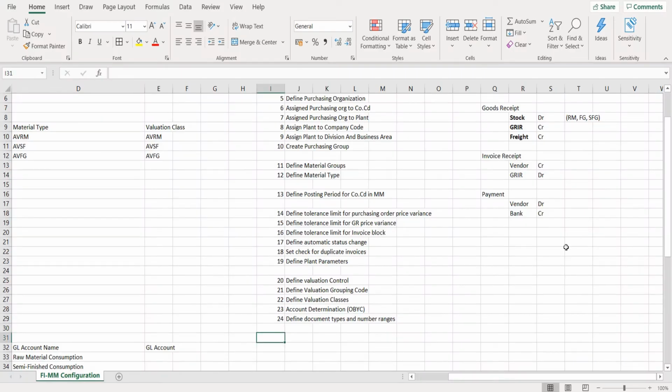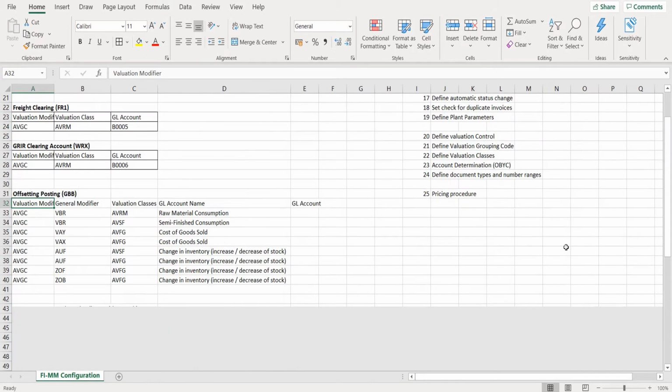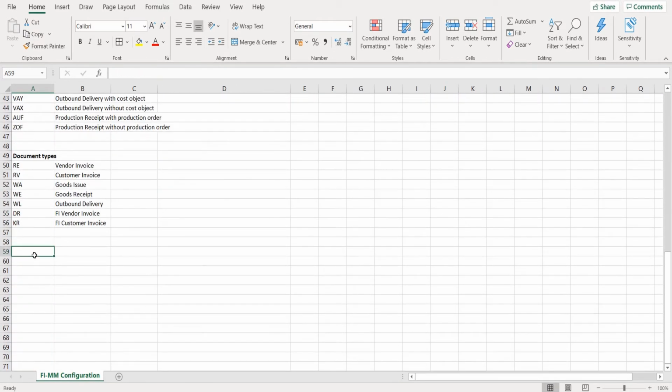So this is a continuation. These are the previous steps which we saw, and now let us focus on the pricing procedure. So what is a pricing procedure? For any material, there is a price involved, and this price is a combination of various components. For example,